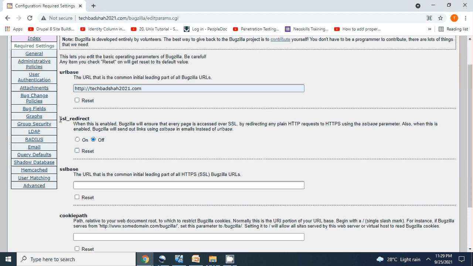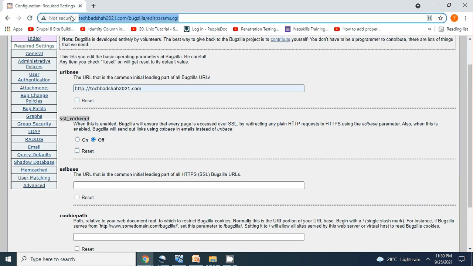Next is the SSL redirect. This is a security feature wherein Bugzilla will look for an SSL URL. If Bugzilla is configured over normal HTTP, you can see my URL is running on HTTP, not on HTTPS.